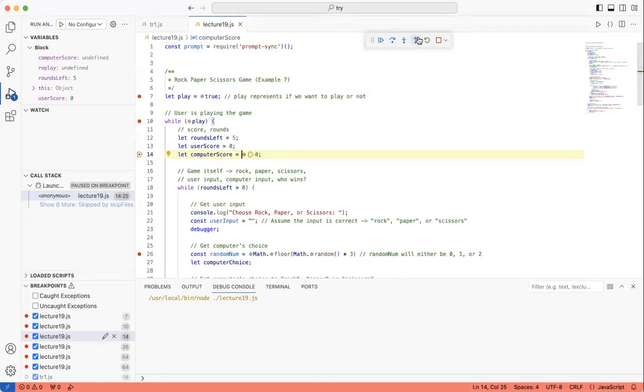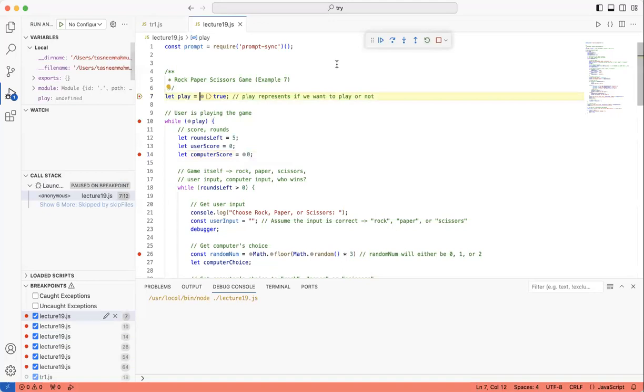Sorry, can you repeat? Of course I can. So I'll start from the top again. Over here, let's check out the variables first. Everything is undefined because did I start debugging yet? I did not. Now, if I press the continue button or the play button, whichever you call it, it will go to the next breakpoint. Is that clear for everyone?